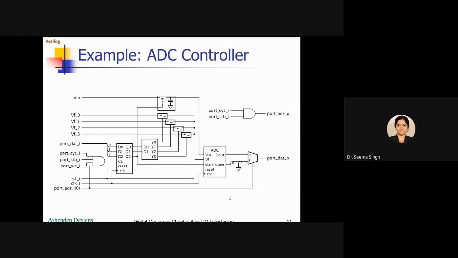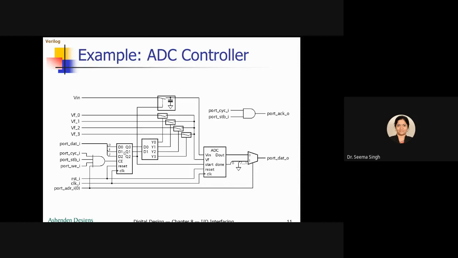And if port address IO is 1, it will give the done bit here. So either you will get done bit as high if this is 1, and it will get the data itself if this is 0. So this is a mux connection shown here, which is taking care of both outputs from ADC. So this is the controller.